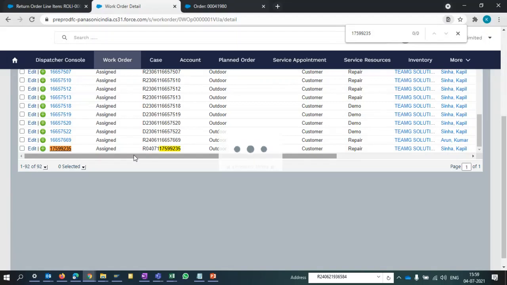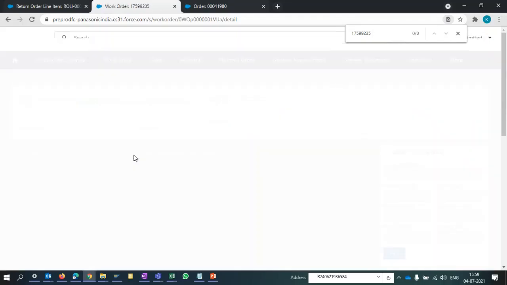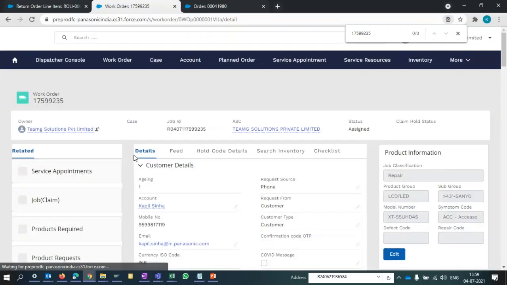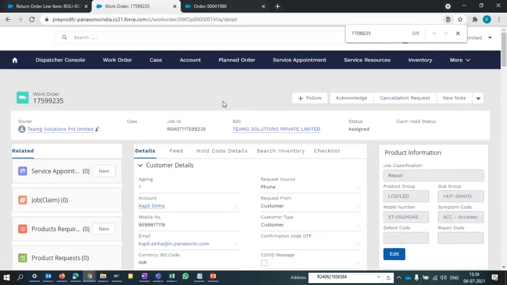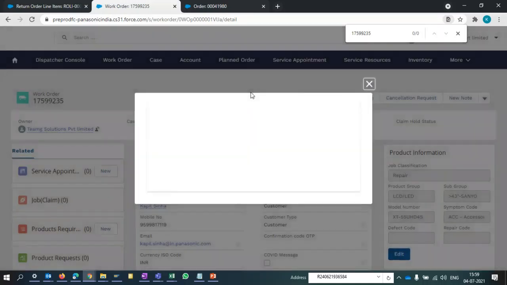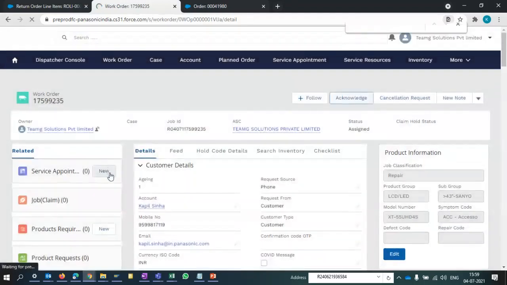In fact, you can use any job number to perform this activity because in the system multiple jobs are available for testing. You can do the testing at your end also. Okay, so first of all, I'm just acknowledging the job. Then create the service appointment.